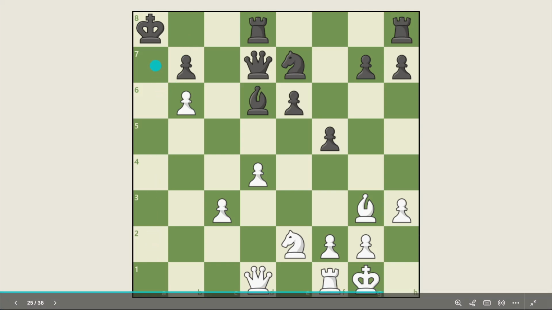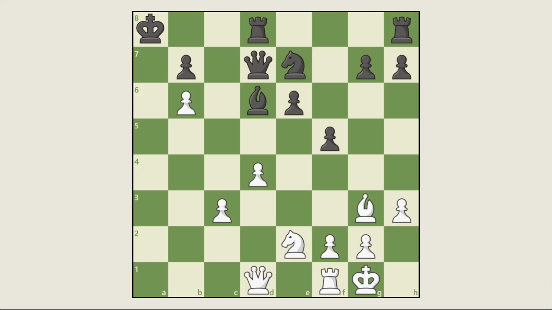So, queen A7, which is a good move as well because we're checking the king. The king has to move to C8. We bring the queen over here to A8 now. The only move that they can do is defend with the bishop. And because we have our own bishop here as well, this is not a threat anymore because we can take the bishop that just moved here with our queen, and it's defended by this bishop in the corner, and that